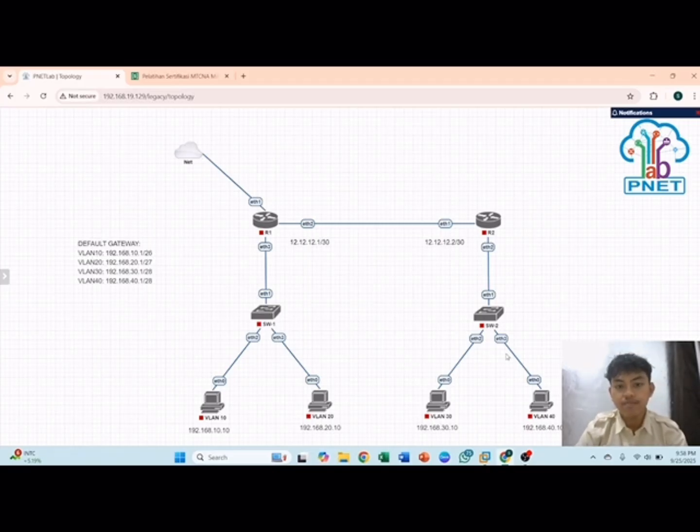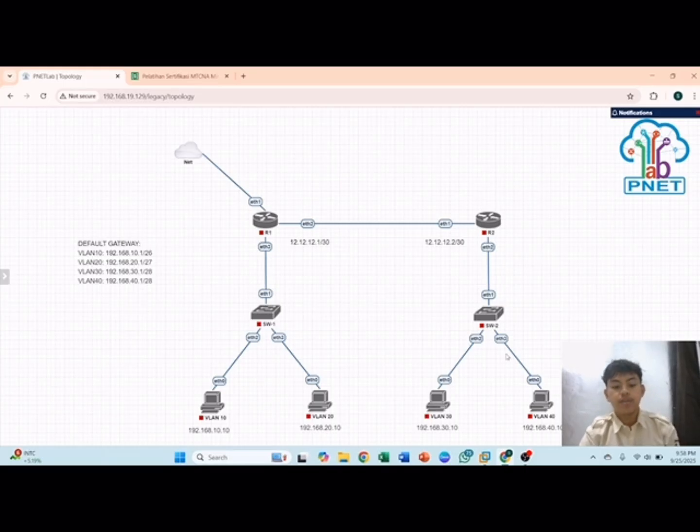In this video, we are going to learn how to build a network topology in PNetLab with VLAN, DHCP, NAT, and static routing. The goals of this lab are that all PCs should be able to communicate with each other and all PCs should have internet access.